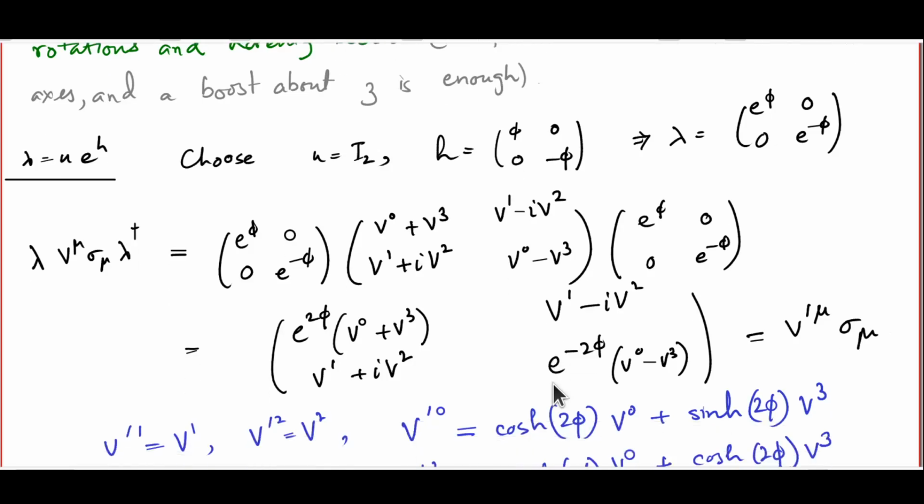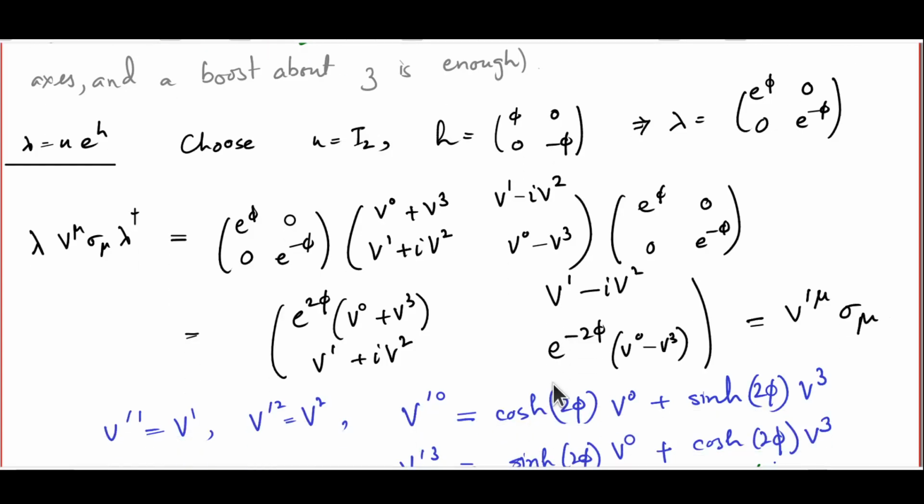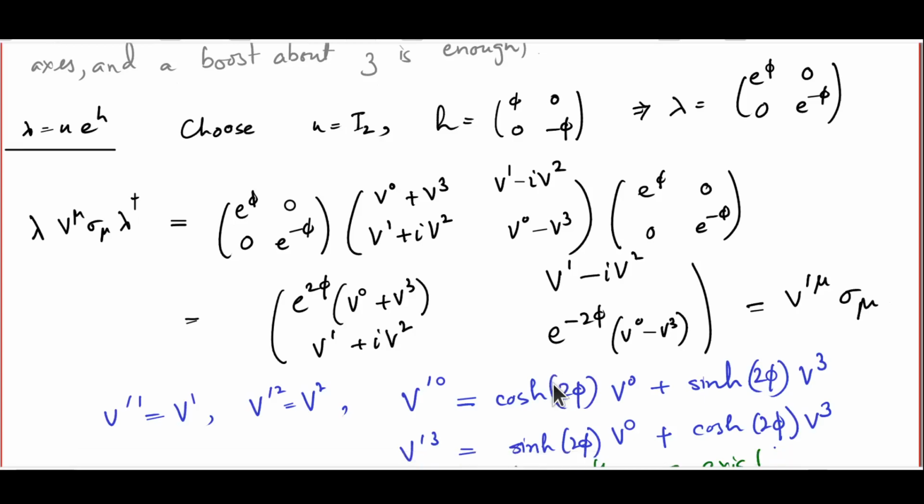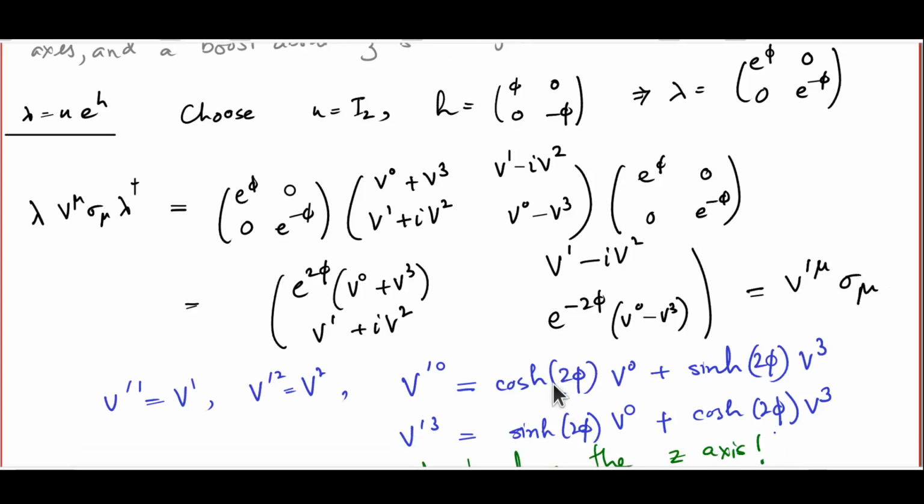It's very easy to see that v prime 1 is the same as v1. V prime 2 is the same as v2. So the 1 and 2 components of the vector, capital V, do not change. V prime 0 is nothing but the sum of these two diagonal elements divided by 2, and that's cosh 2 phi times v0 plus sinh 2 phi times v3. And v prime 3 is nothing but the difference divided by 2, and that's sinh 2 phi v0 plus